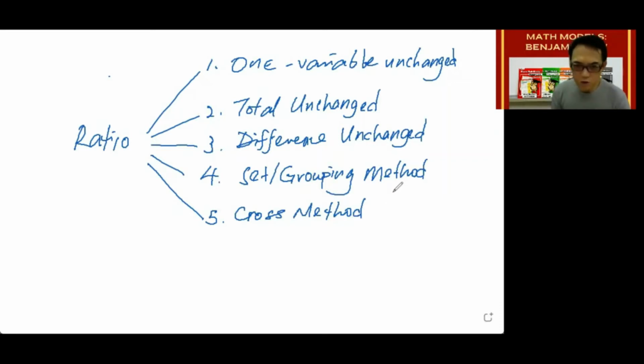But the first thing you need to know is how to differentiate one type of question from another. So in order to do that, I will now talk about the differences between each of them and how you can start to approach each of these types of questions. The first one is called the one variable unchanged question. And in the one variable unchanged question, generally, you'll be presented with a start